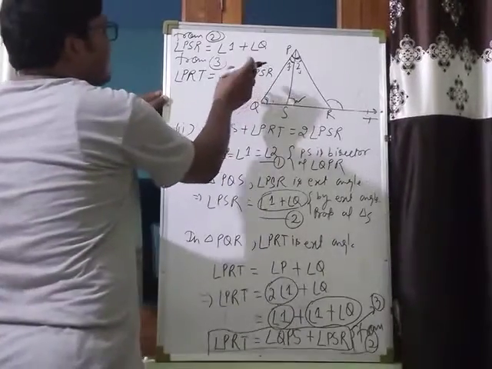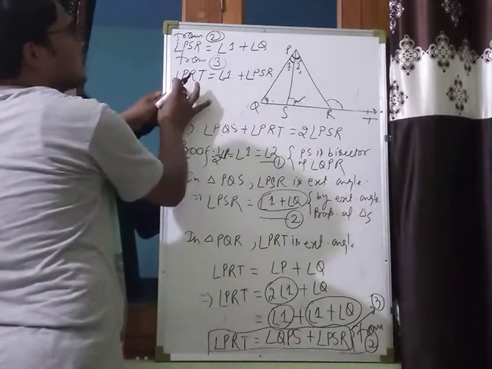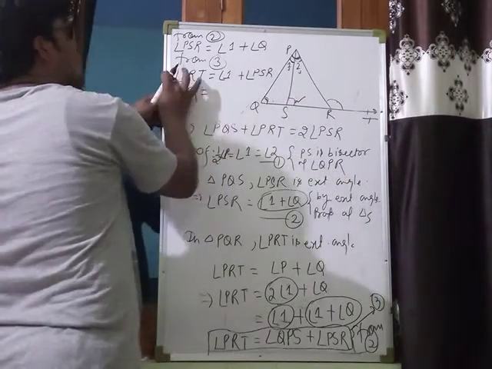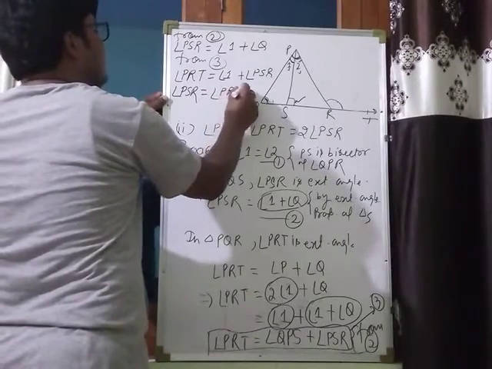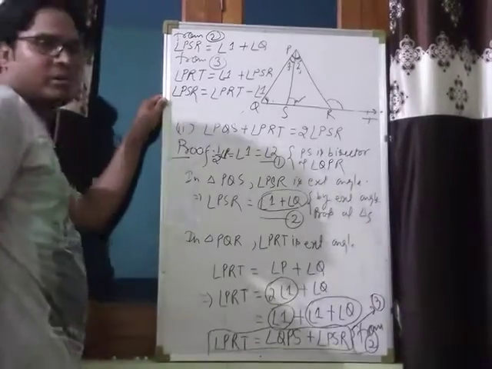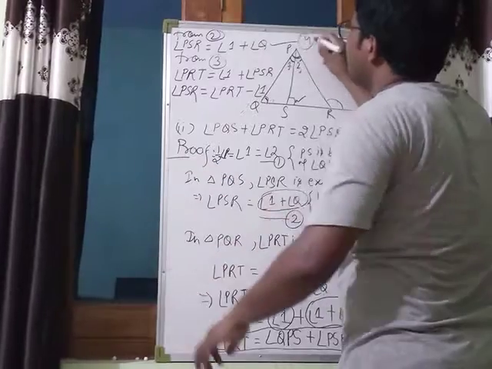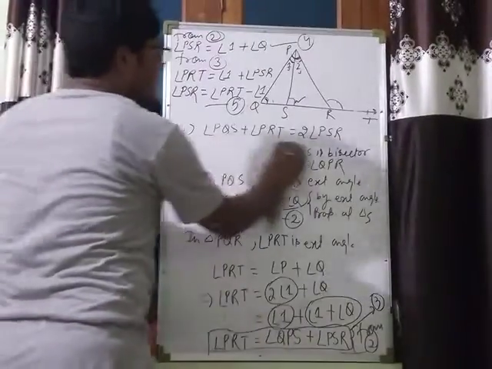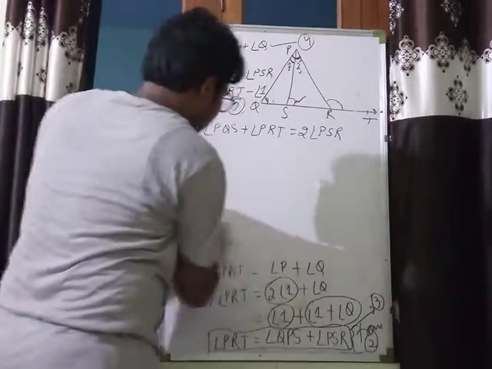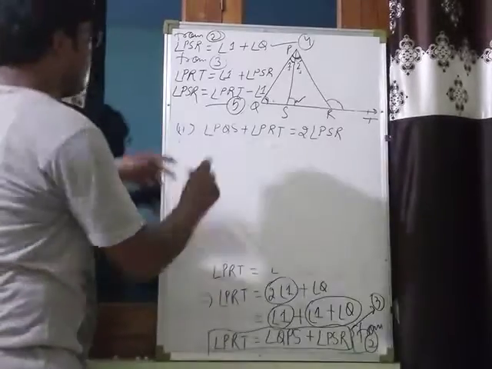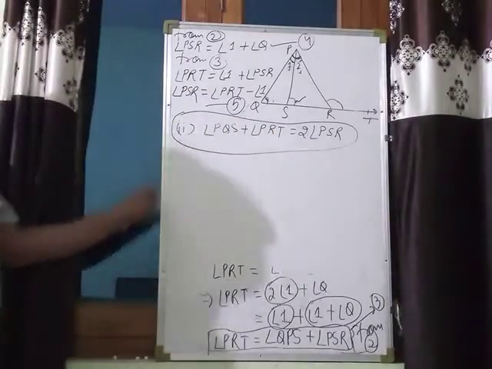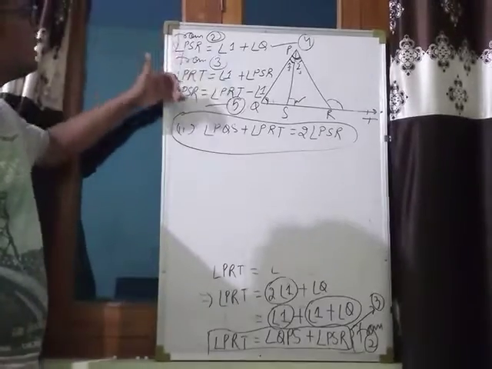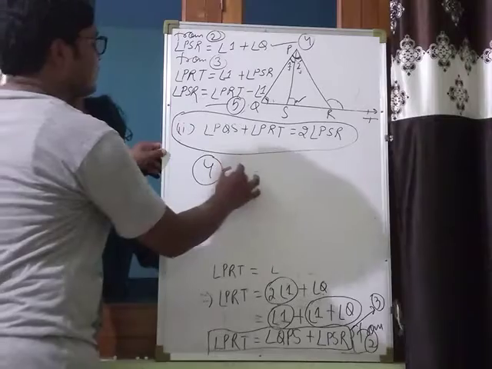ओके, देन फ्रॉम हियर आप देखो PSR मैं यहाँ रोक रहा हूँ और एंगल 1 को इधर ट्रांसफर करता हूँ, क्या मिलेगा हमें? एंगल PSR इज इक्वल टू, ये लेफ्ट साइड जाएगा तो एंगल PRT माइनस एंगल 1 हो जाएगा। ओके, अब देखो सपोज दिस इज इक्वेशन नंबर 4 एंड दैट इज इक्वेशन नंबर 5। ओके, मैं जा रहा हूँ यहाँ मिटाने क्योंकि ये तो प्रूफ गिवन है, यही हमें प्रूफ करना है। देखो ट्वाइस ऑफ PSR होना चाहिए, यहाँ पे ये PSR इक्वल टू समथिंग है, ये भी PSR इक्वल टू समथिंग है, इन दोनों इक्वेशंस को हमें ऐड कर देना है।